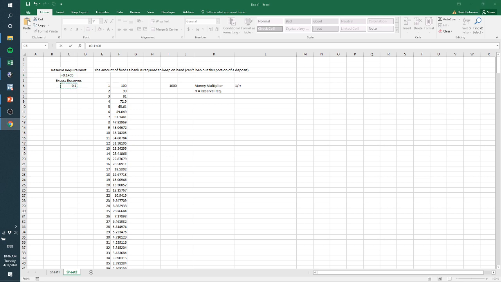See if you can figure out how much, if the reserve requirement is 10% and banks hold an extra 10% in